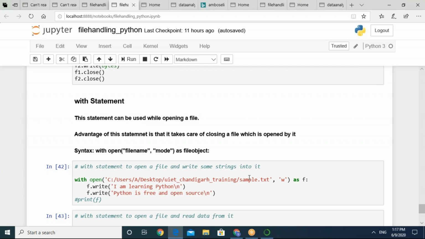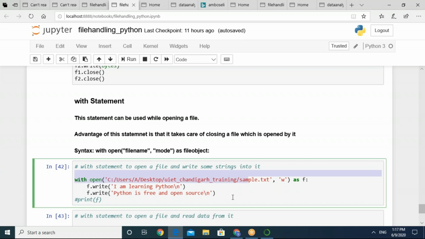I'm using with, then the open keyword, and here is the file handler information. Whatever you used to write in the file handler, the same thing I am writing here. After open, whatever file path you take and the file opening mode you take, that we are putting here in the open method as f, and then colon, f.write "I'm learning Python", and f.write "Python is free and open source." So two lines I have added into the file mentioned above with the name sample.txt. All of you please run this program and check whether it is giving you the required output.